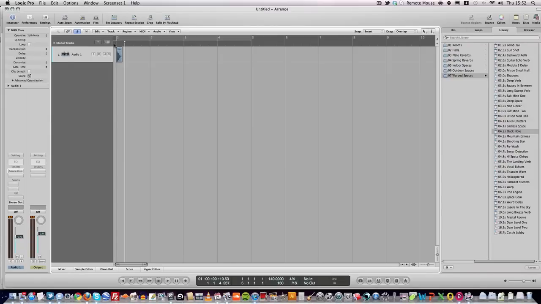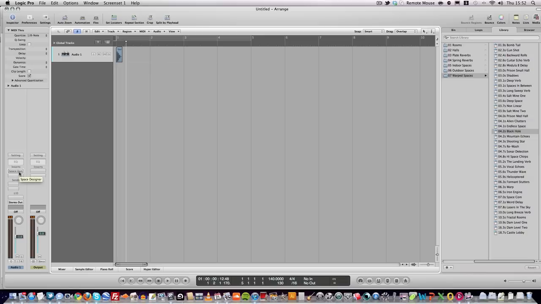Okay, in this tutorial I'm going to show you how to make an upriser using a kick drum. First of all, you need to load up an audio sample, which sounds like this. Pretty kick drumified. And what I've done, I've added a Space Designer, which is a kind of reverb plugin for